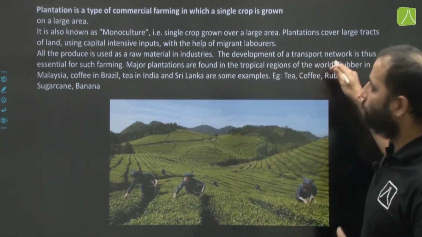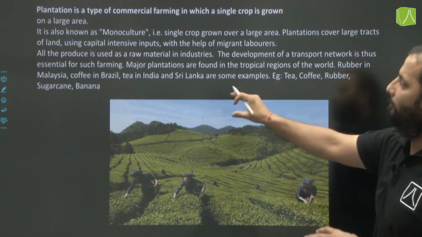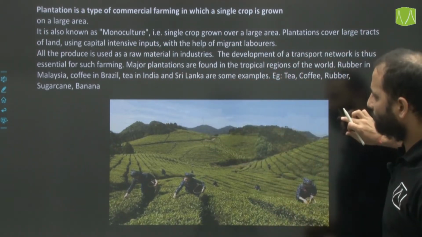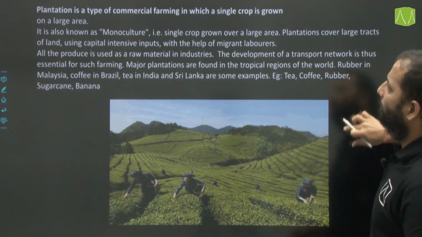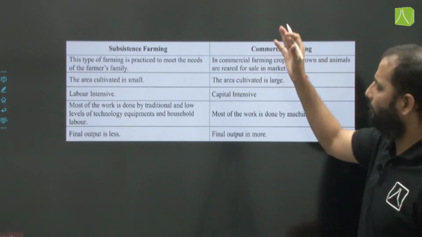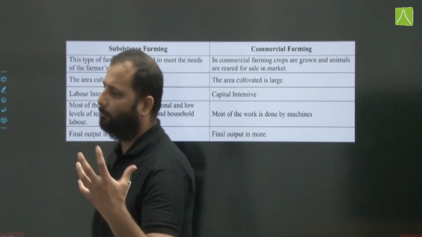Major plantations are found in tropical regions of the world. Rubber in Malaysia, coffee in Brazil, tea in India and Sri Lanka are some examples of this type of plantation farming. Okay. Now, here you can see the difference, in case a question is asked, mention some